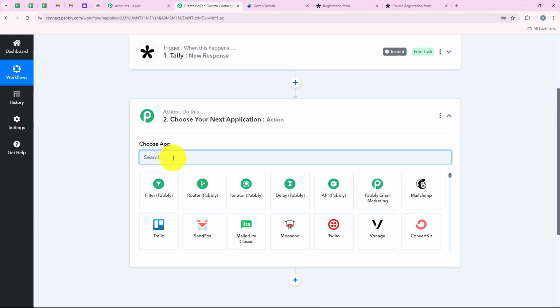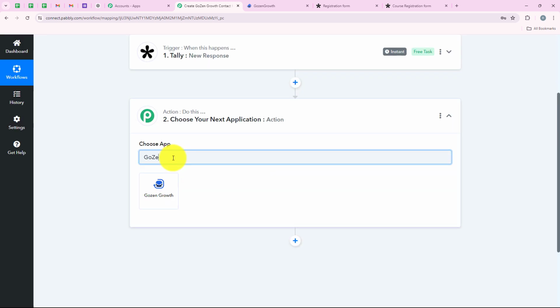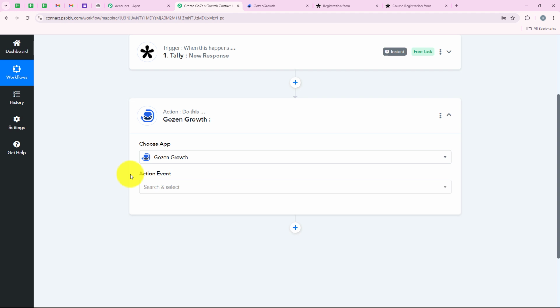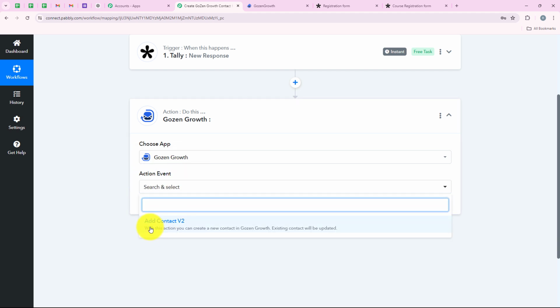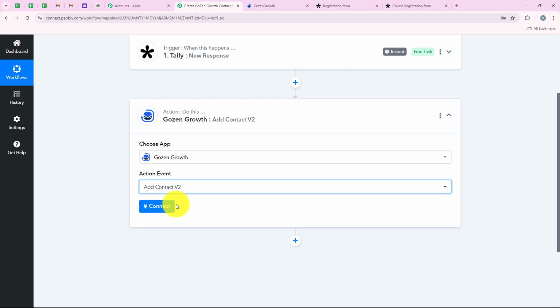So for my action application, we are going to select GoZen because I want that as soon as a new Tally form is submitted, automatically a contact should be created in my GoZen Growth, which is a CRM, so that I don't lose my lead. So I'm going to search for it, and then we are going to select it. And now for the action event, we are going to select it as contact v2,